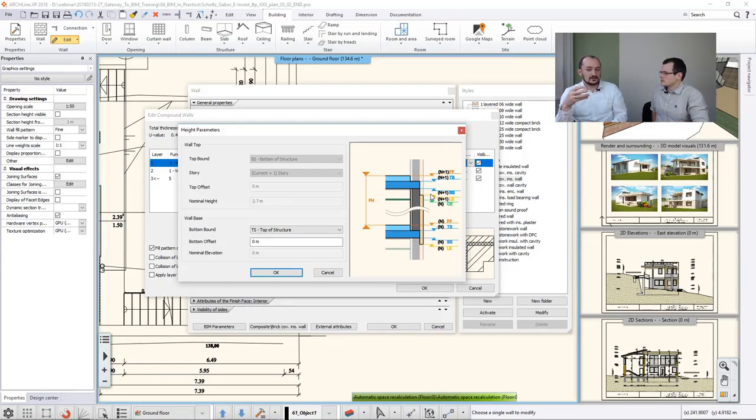Yes, so all the structure in ARCHLine comes bound like this, bound to